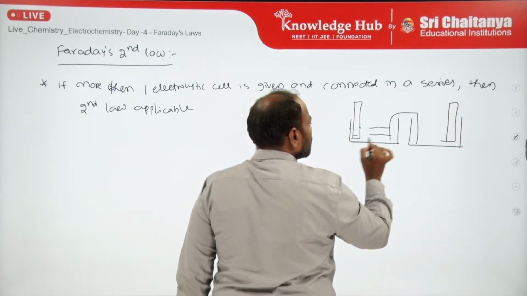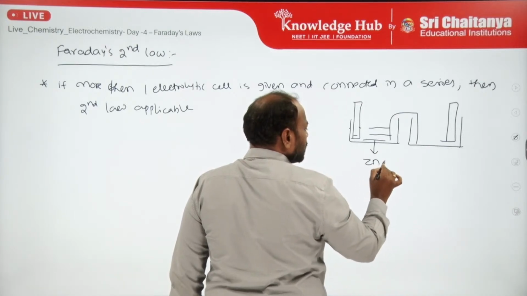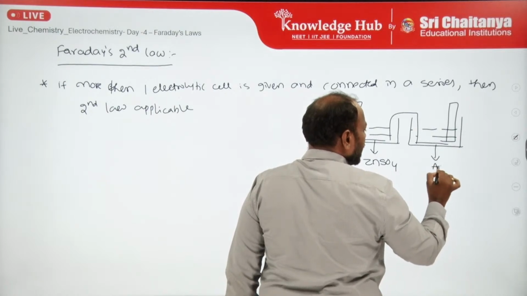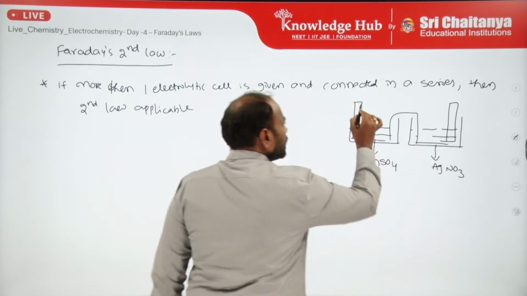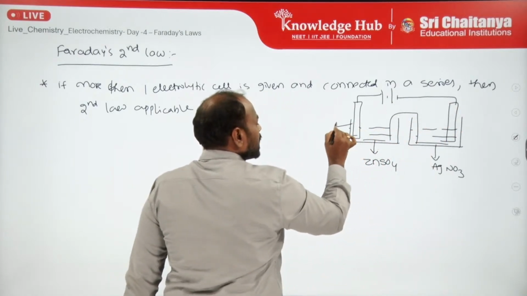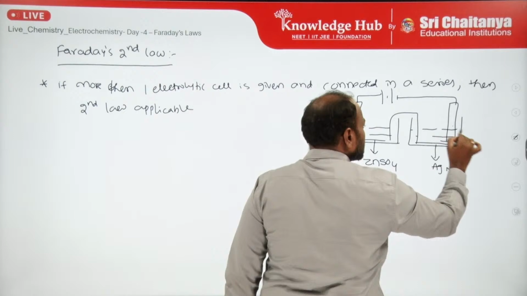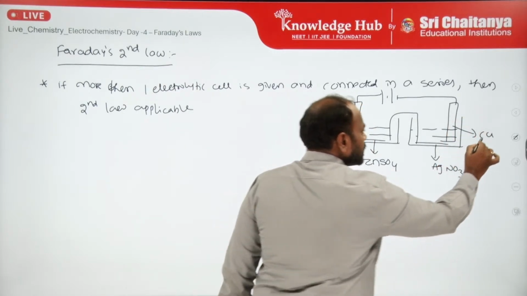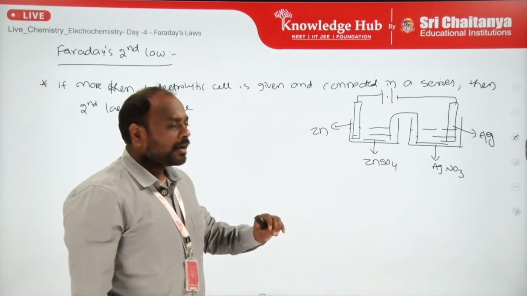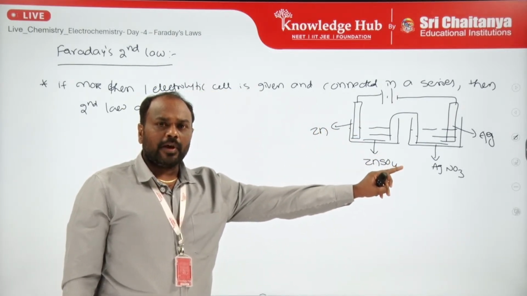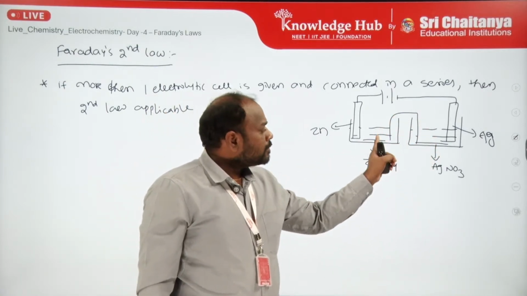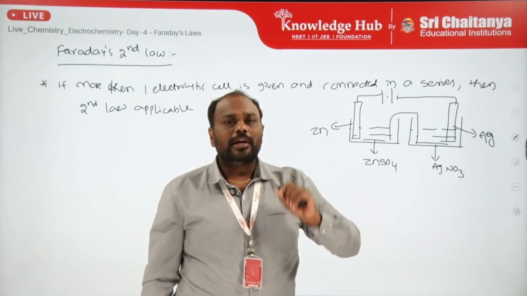Suppose this is zinc sulfate, this is silver nitrate, and these are connected to the external circuit, and this electrode is zinc and this electrode is silver. Now what is the statement? When two electrolytic cells are connected in series, then if you pass the same quantity of current,